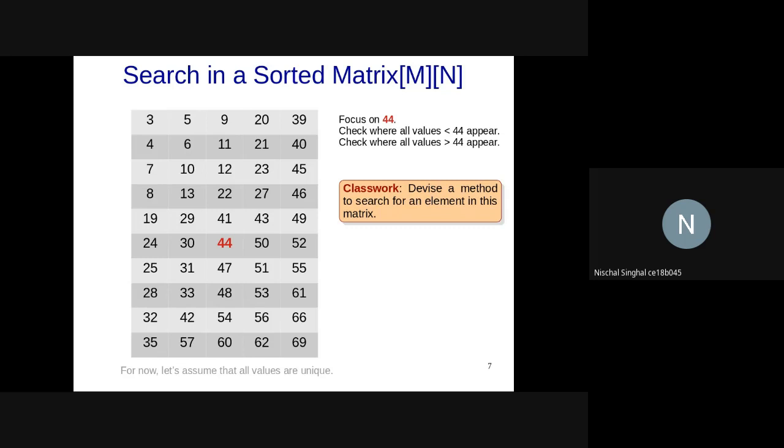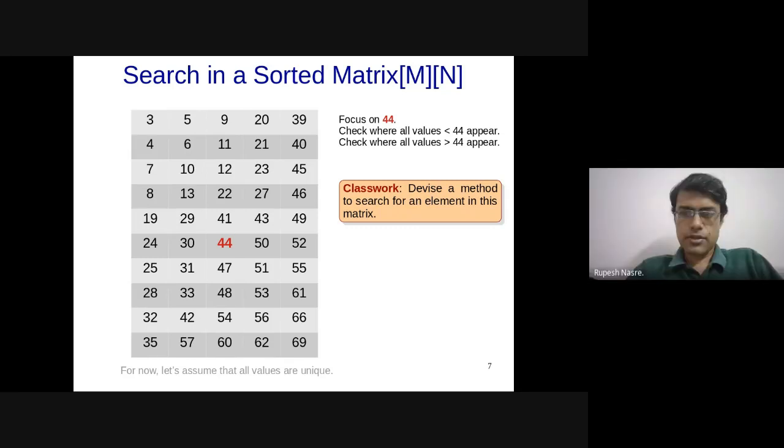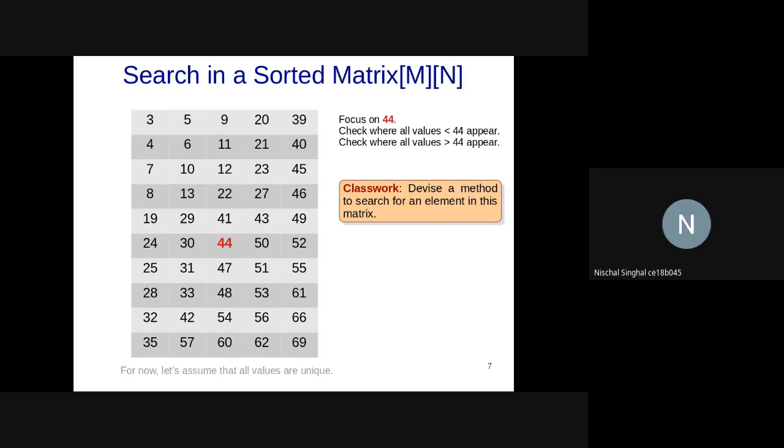Sir, one more thing. Also, what I thought was that focusing on the quadrant type wasn't giving us a generalized approach. So what I thought would work is if we start from top right or bottom left. There's one rule which always applies: if we move towards the right, the number will increase. And if we move towards the bottom, the number will always increase. Like one step. And if we move up or move left, the number will decrease.